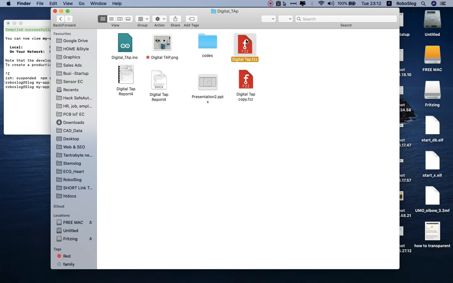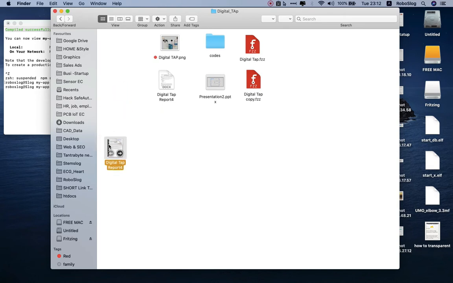In this folder you can see we have kept the bridging file, which is the breadboard file with circuit diagrams. The second is a code folder in which all the codes are there. You can also keep this folder too. And other things like the PDF file or the Word file. Only the Word file is mandatory; the PDF file doesn't matter much.